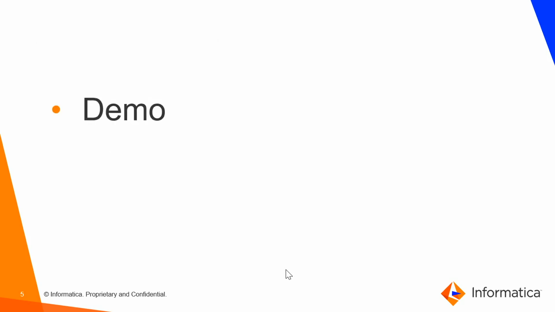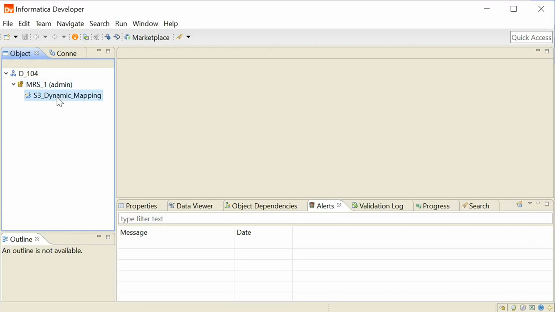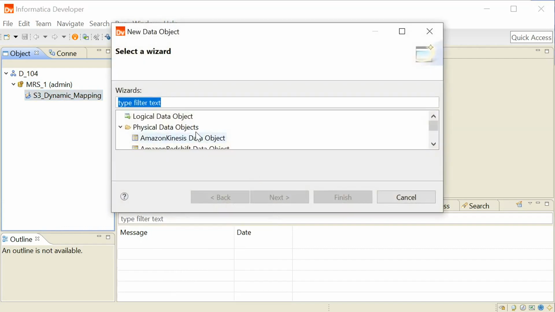Let's move to the demonstration. We'll create a new S3 object.